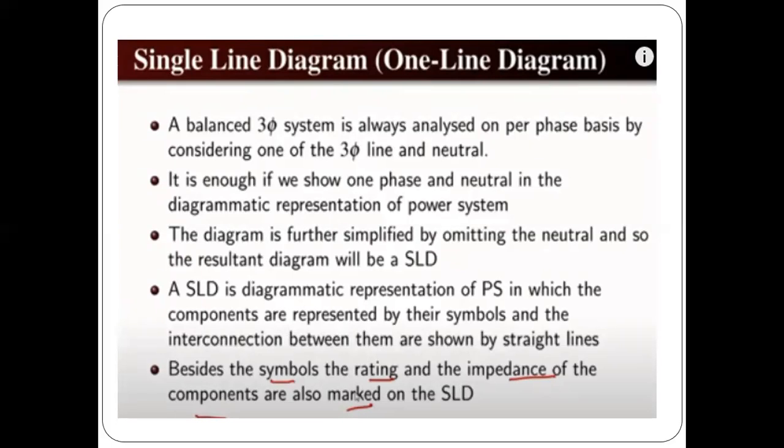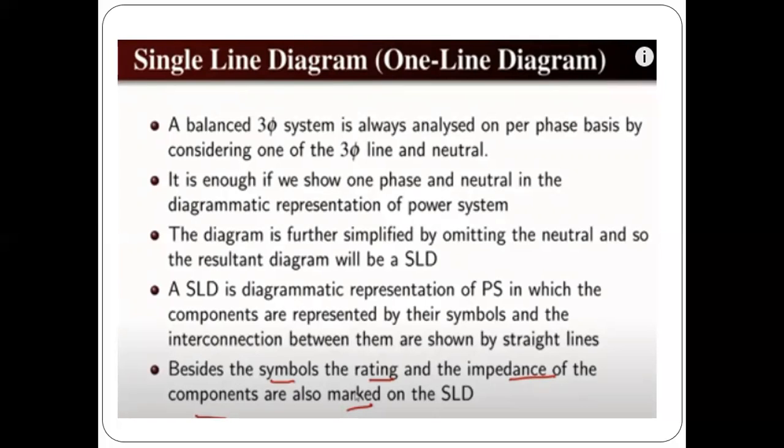In a single line diagram, a balanced three-phase system is always analyzed on a per phase basis by considering one of the three-phase lines and neutral. It is enough if we show one phase and neutral in the diagrammatic representation of the power system, and the diagram is further simplified by omitting the neutral, and so the resultant diagram will be a single line